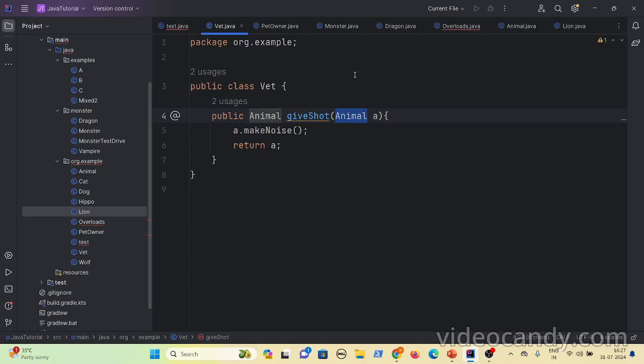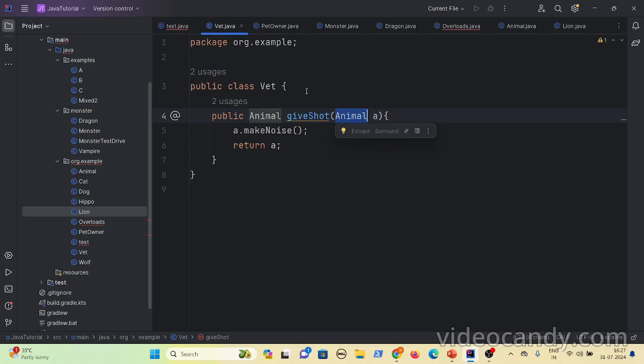To summarize what we have discussed, polymorphism is having many forms, and that can be achieved by using method overriding. You have your superclass and then your child classes. You override the behavior in the child classes, and then instead of using the concrete reference types, you can use the superclass reference types. Using the superclass reference types, your code is more flexible and you can pass any animal here. Since you can pass any animal, it can exhibit different behaviors. That's why we call method overriding together with the superclass reference type polymorphism.